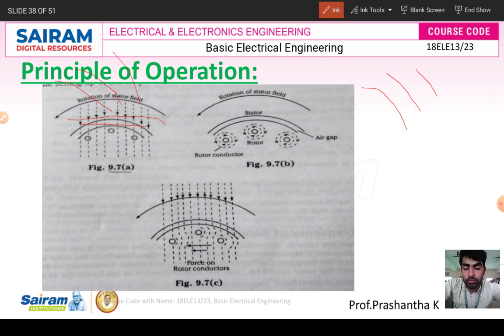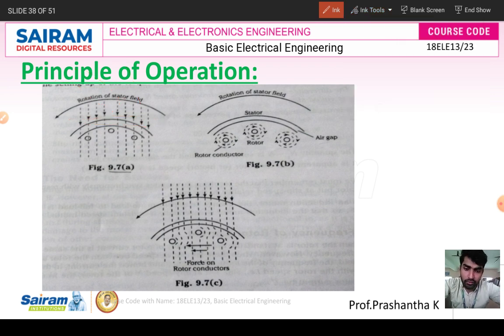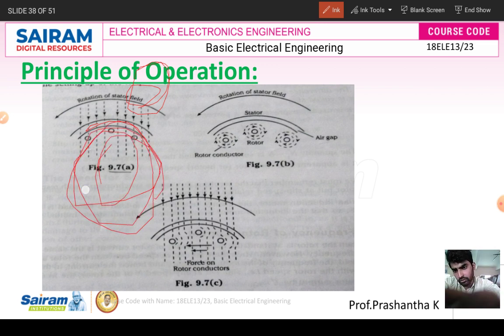So this is the working principle. Okay, you can draw more diagrams, because here only 3 diagrams are present. You can draw one more diagram also, showing how the conductor moves, right? So this is the principle of operation. See, the supply we are giving. Don't confuse, okay. This is the stator. This one is the rotor bar conductor. Here, just assume there is a complete rotor. Okay, same here also, the rotor will be there, and the rotor bar conductor is present. So this is how the principle and operation of the induction motor works.